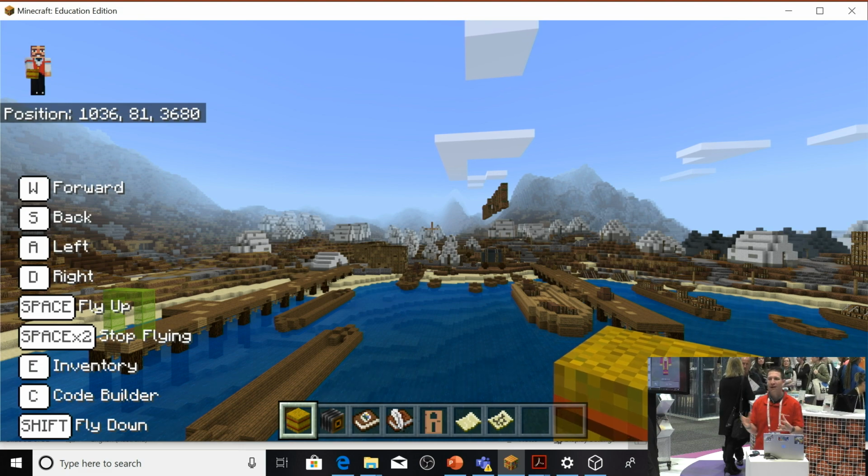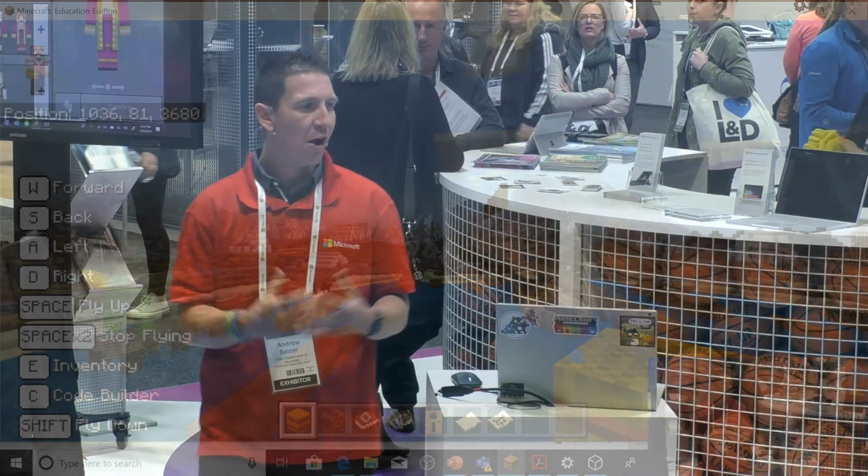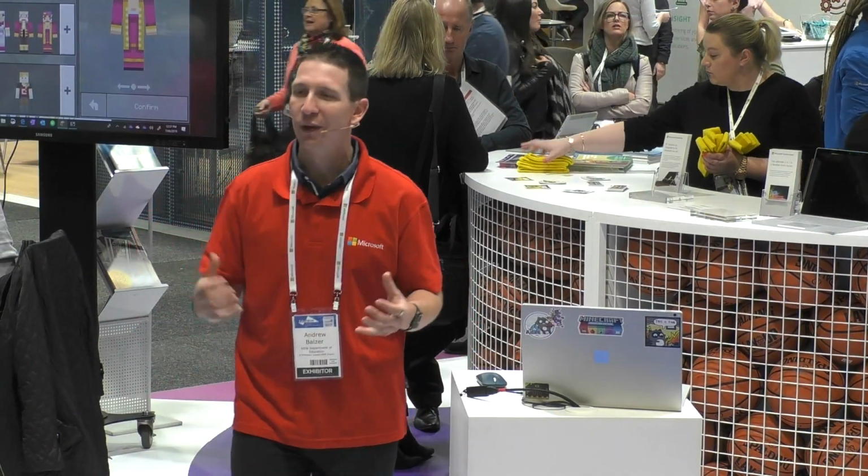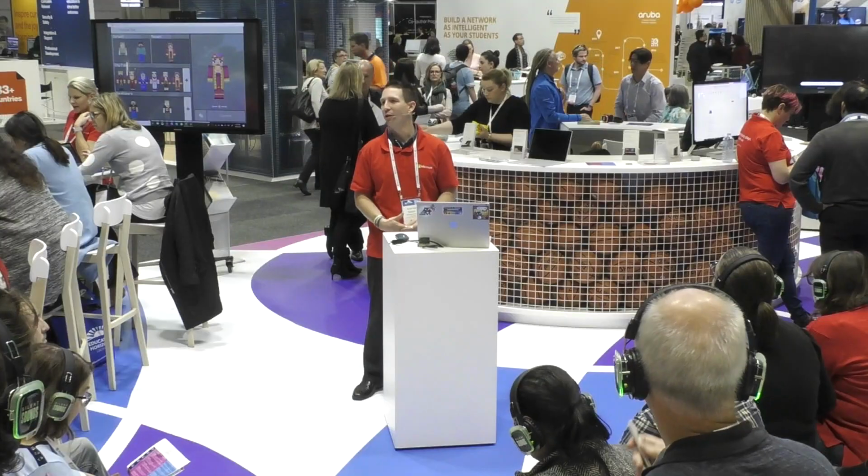So I hope you had a great little showcase on how some of these tools from Minecraft Education Edition and Microsoft can enhance your teaching pedagogy. We can't wait to see what you design, build, and come up with in our Play, Craft, Learn experience with Minecraft Education Edition.